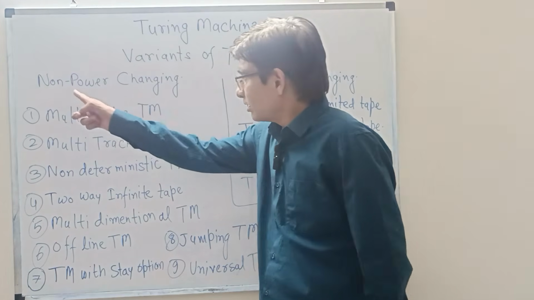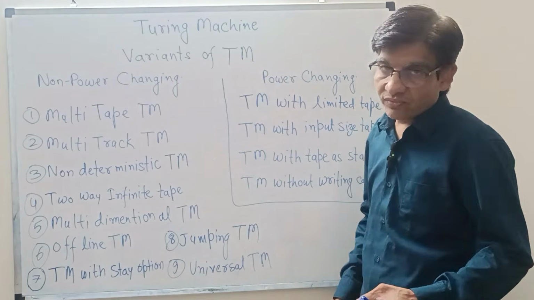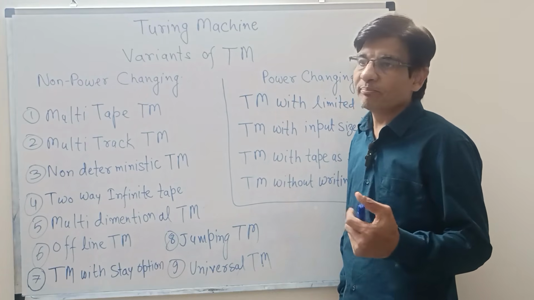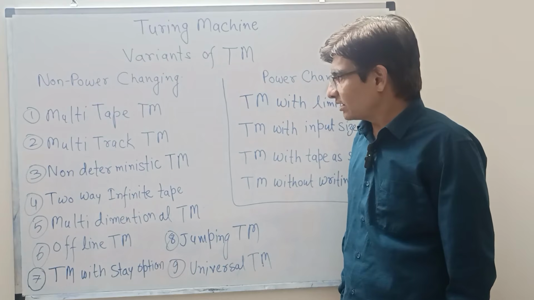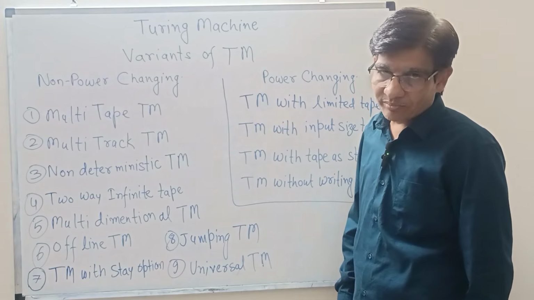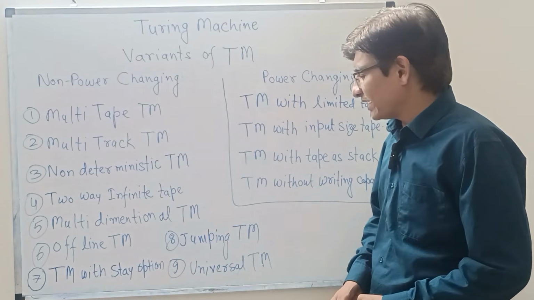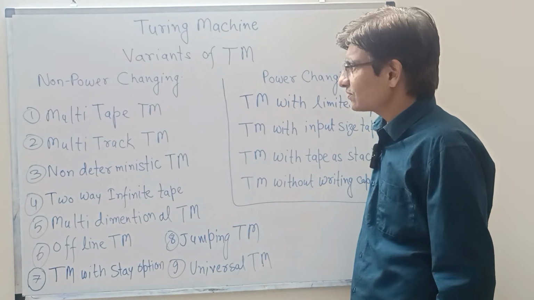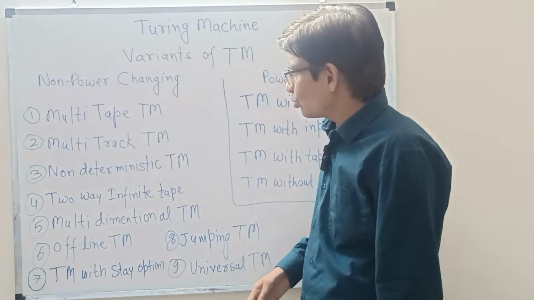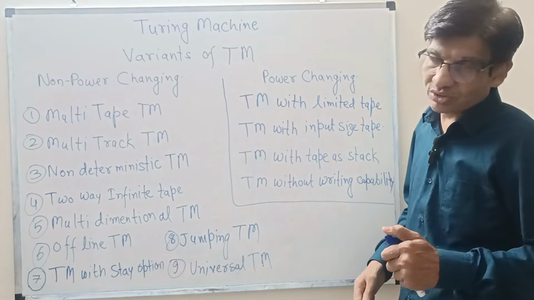Now here some non-power changing variations are mentioned. This means if we use a multi-tape Turing machine, then it will not change the power. It may happen that the machine becomes faster, but the number of languages will always be the same. So these variants or modifications we will discuss first, and then we will discuss the power changing variants. As you know friends, till now the Turing machine we have discussed was having only one